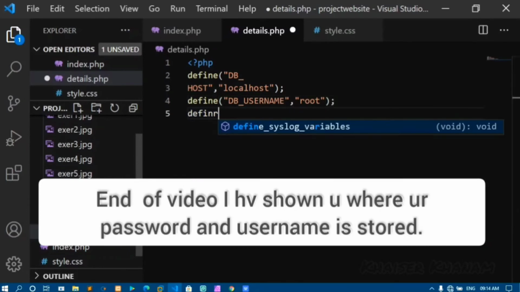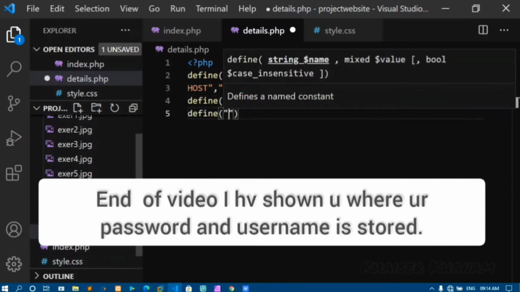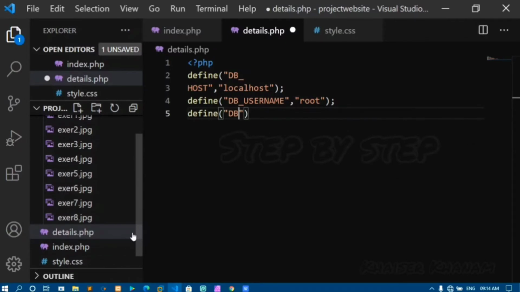And also I'll define my password. Define database password. Okay, my password is empty as of now, so I'll give empty. I'll not give anything. Now I'll connect my database.